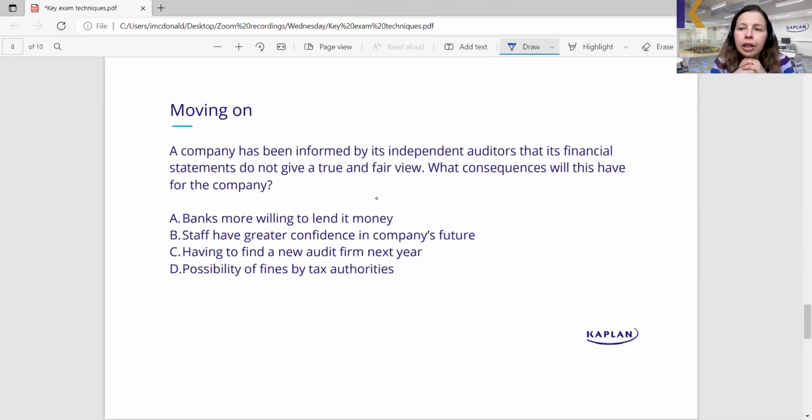Let's also think about the importance of moving on when it comes to attempting questions in the exam. There will always be that question when you look at it and go, I just have no idea. We do remember that an answer must be selected for every question, but there may be an odd question you're not comfortable with. So we need to make a choice, even if it's a choice we're not comfortable with at the moment,